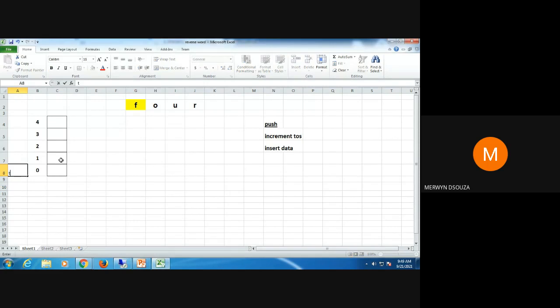Top of the stack will be at this position here, at position 0. -1 + 1 is equal to 0. And the second step, you will insert the data wherever top of the stack is present. At what index? Top of the stack is present at index 0. So you will insert F here.